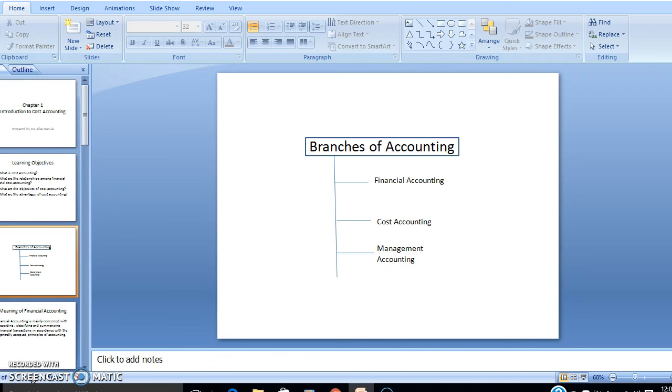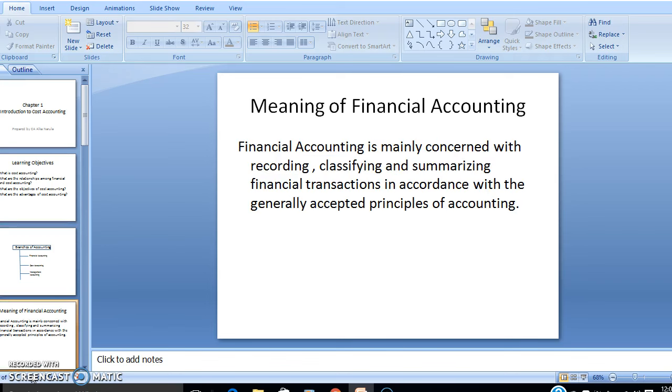We are going to discuss the three main branches of accounting. The first is financial accounting. Financial accounting is mainly concerned with recording, classifying and summarizing financial transactions in accordance with the generally accepted principles of accounting, that is GAAP. We record the transactions into the journal, we classify them into the ledger and summarize them in the